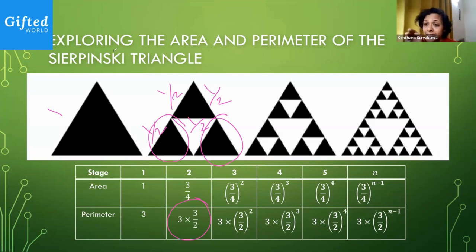Now imagine going to the third step. Each small triangle of stage 2 is becoming 3 smaller triangles, and you have to walk around each one of them. In this particular case, each of those sides becomes 1/4. It's too tiny for me to write, but I hope you can see what I'm writing. So try to draw this out and calculate what would be the perimeter of each of these tiny triangles, and how it is different from the stage 2 perimeter. Will you try this out? Yeah, thank you, Yash.